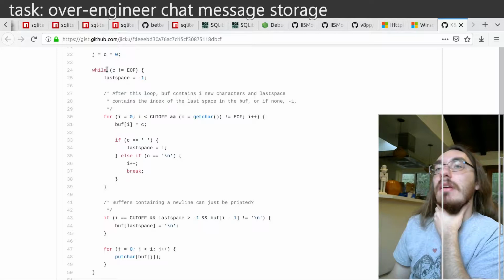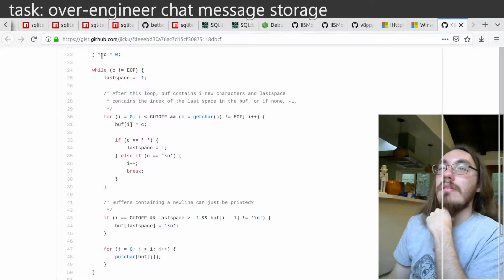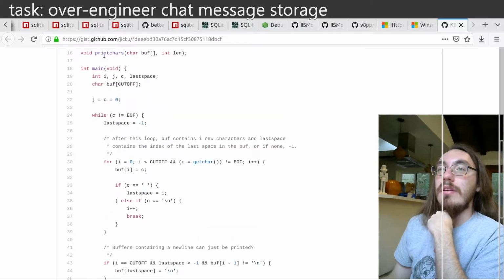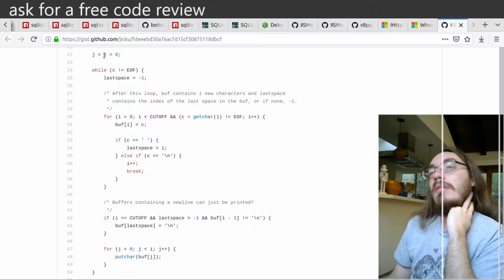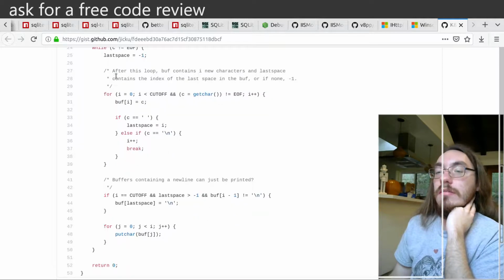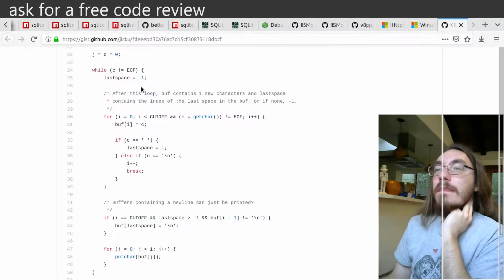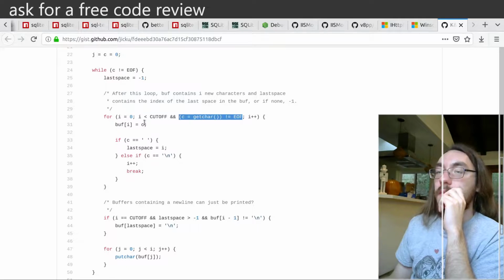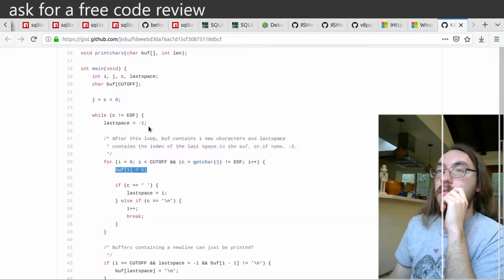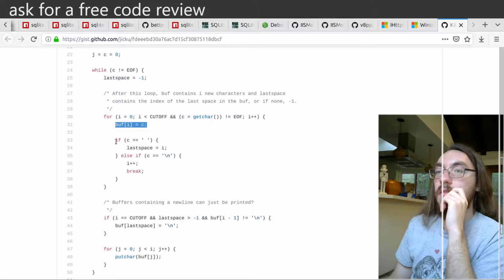So while we're not at end of file, well, that's weird, because C is your character. Oh, okay. So we read till we hit the cutoff, and we're reading, yeah. Then we store that in the buffer of cutoff size,